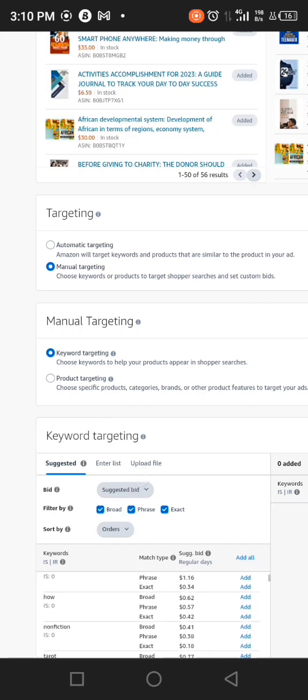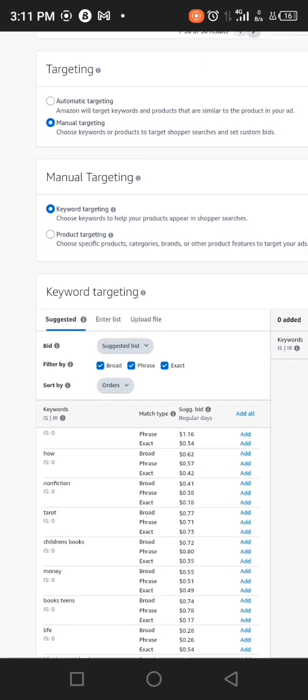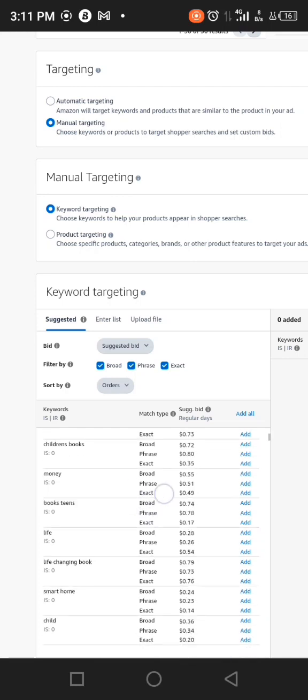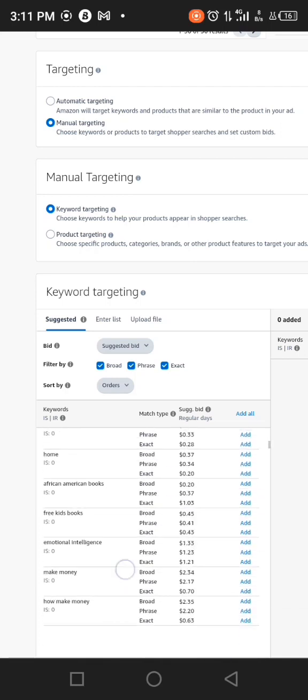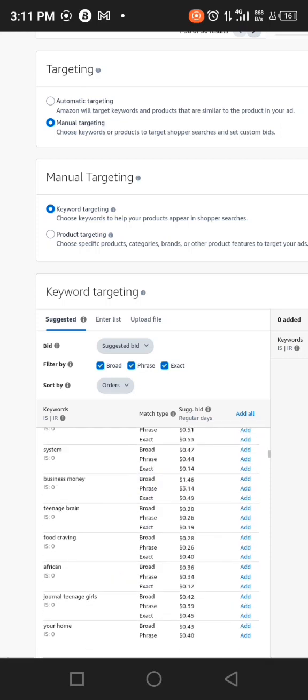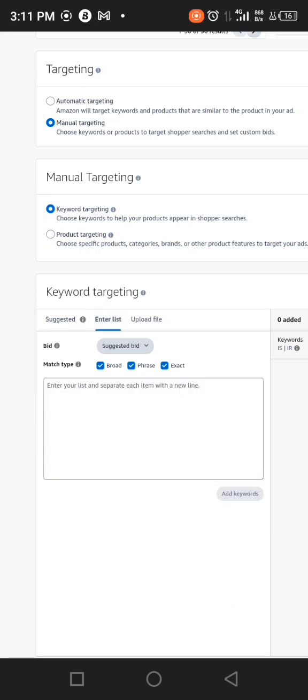And this is in 3 ways. Like I said previously, it's in the suggested way. Suggested way is where Amazon would suggest keywords for you, okay? Here are suggested keywords that they have right here. And the second way is to enter list, where you would have a PDF or a file of the keywords that you probably have researched, and you know that these are the keywords that will make sales